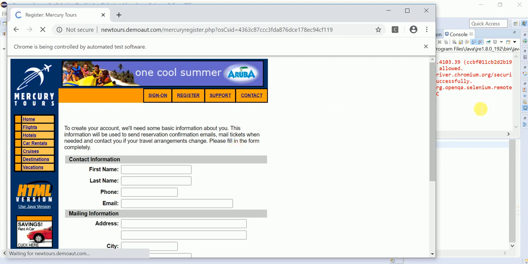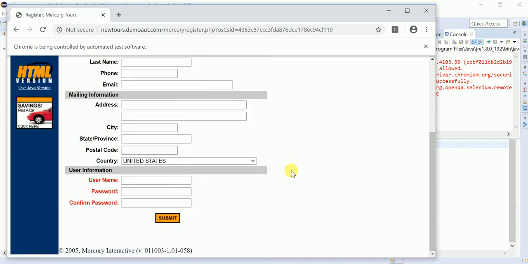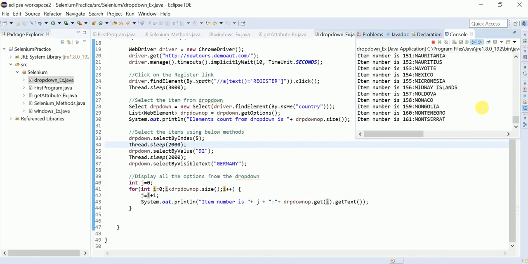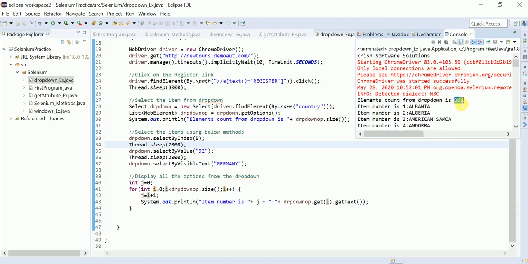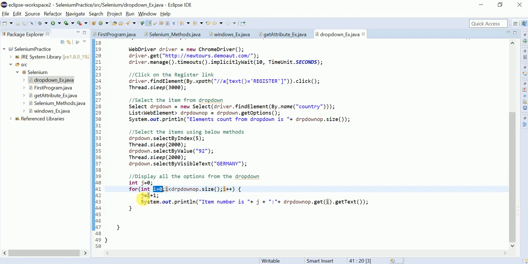Similarly, see here, now it is going to select. Because I have already written the selecting code, it is selecting three times. Angola is selected, India is selected, Germany is selected. You can see all are printing. See, 264 items are printed successfully. Just to print this part I have taken the j variable to maintain the sequence. Total items are 264. You may wonder how we are getting 1 here, because the for loop starts with i equal to 0. That is the reason I have taken another variable j and I am printing the j variable here.